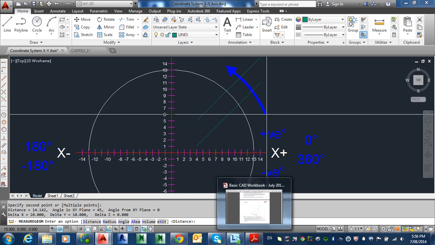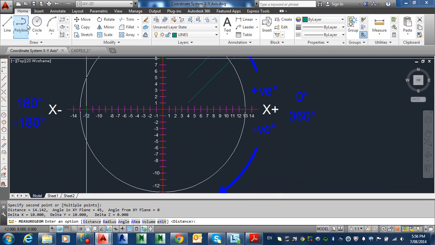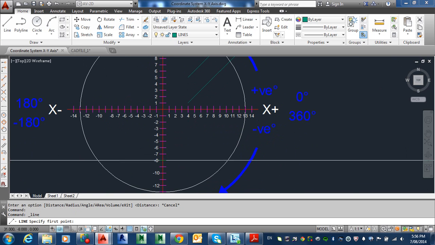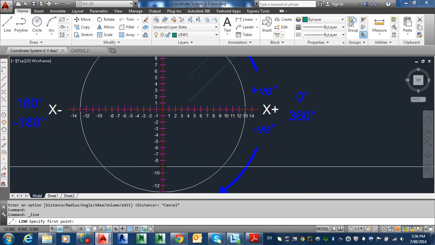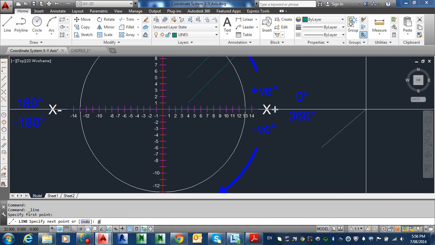Okay, so if I was to recreate this again, but given this time the length of that line and the angle that it's going, I could do it this way. I'll go line. Just because I've got this circle here doesn't mean I have to draw through there. I could draw anywhere. I could draw over here. And I can just type in at